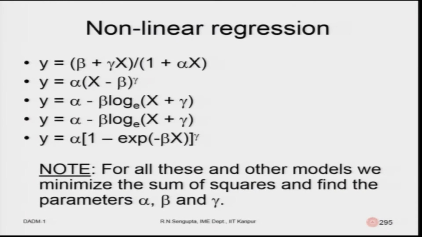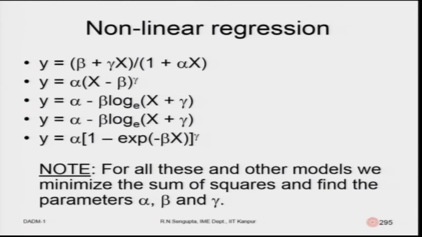Another equation which gives the relationship between y and x is the second one, which is y equal to alpha into x times the bracket x minus beta to the power gamma. The third and fourth ones are with respect to the relationship of the logarithm of x with y. The only problem here, why it has become complicated, is that gamma is inside the logs, hence trying to find the partial derivatives, putting them to 0 and solving them may not be straightforward.